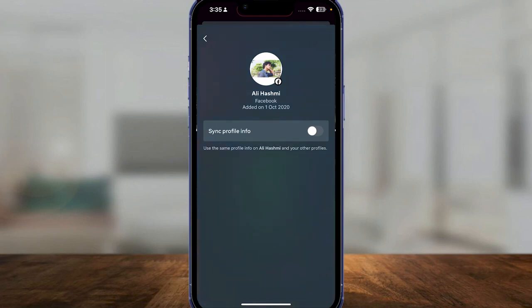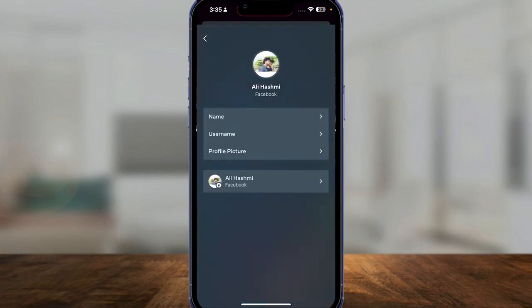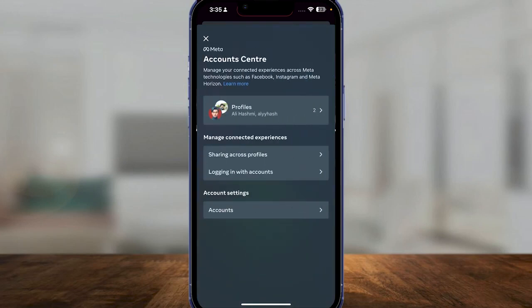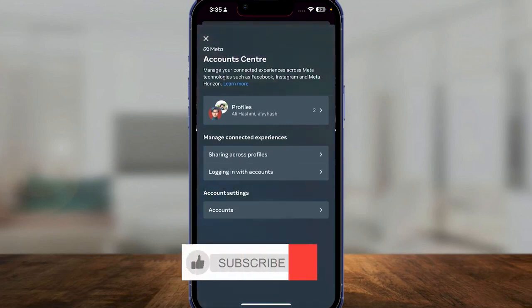If it is turned on, well then you are going to be able to basically sync everything including your profile picture from Instagram to Facebook. But if this is turned off, then nothing is going to be synced and your profile pictures are going to be separate. So guys, that is how you can basically stop syncing your profile picture from Instagram over to